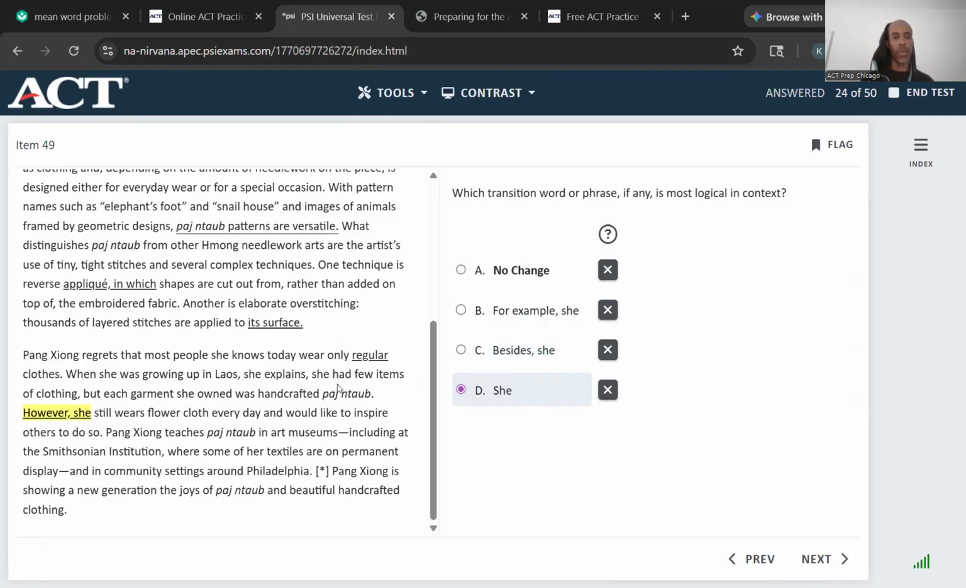It says every garment she owned was a pant and top, and then she still wears flower cloth every day, which is the pants and top, and wants other people to do so. So it goes along with it. You could do, for example, that goes along with it, but I don't think this is an example of the left side. But each garment she owned,